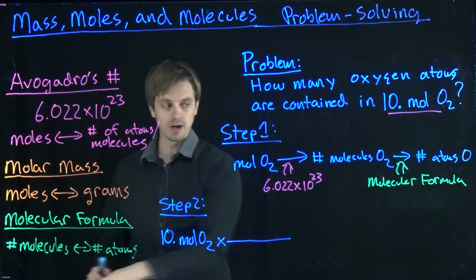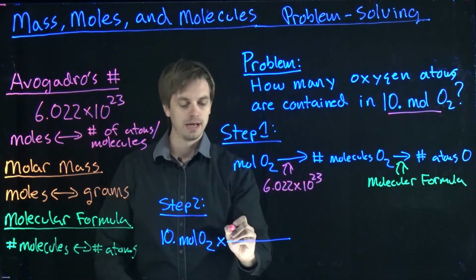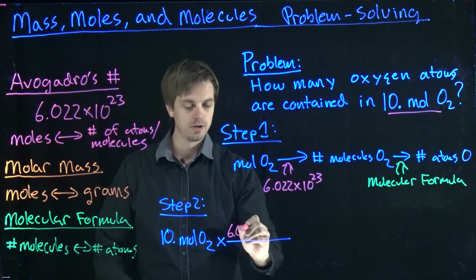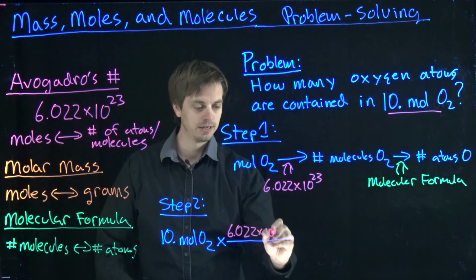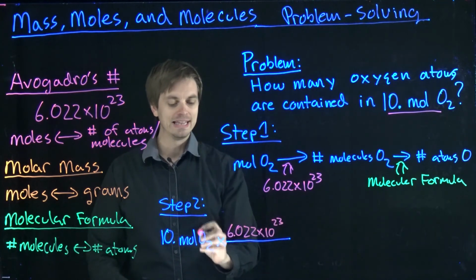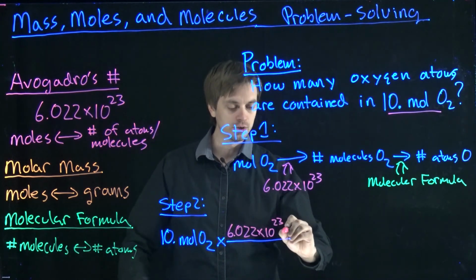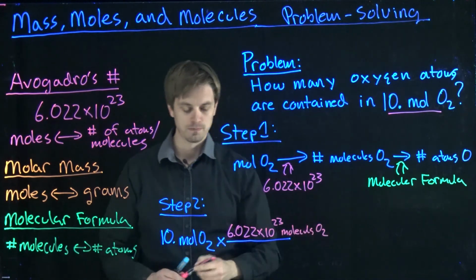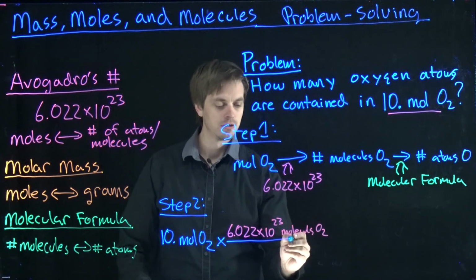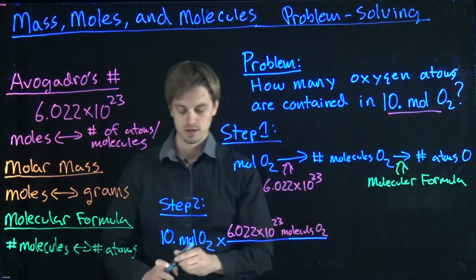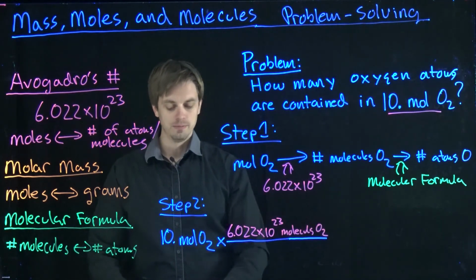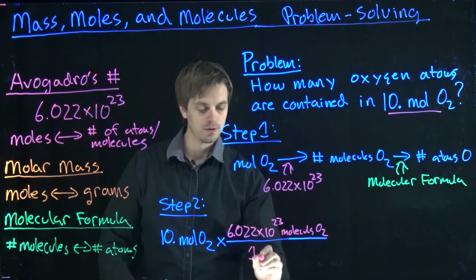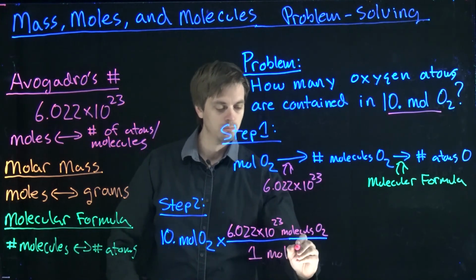So we're going to want to put Avogadro's number on top, and we're going to put 6.022 times 10 to the 23rd, and that is going to be molecules of O2. All right. On the bottom,